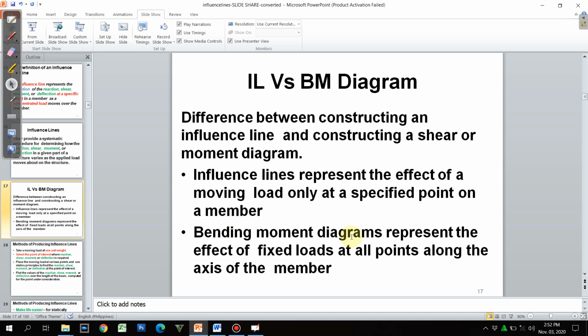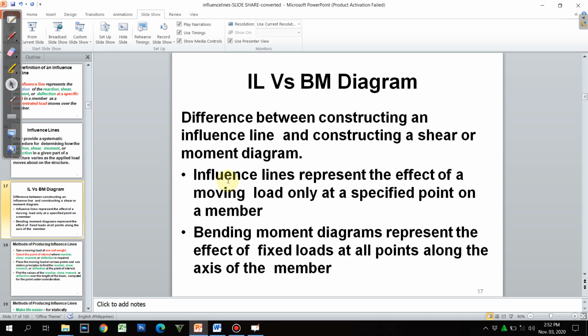Bending moment diagrams represent the effect of fixed loads at all points along the axis of the member. So for this first difference, unlike in a bending moment diagram or shear diagram, the whole diagram represents all the forces on the whole structure. Unlike an influence line, it only represents, or a single influence line only represents